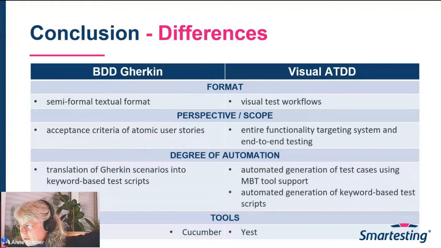Will this be best fit for greenfield type? So you mean completely new implementations, or legacy or brownfield implementations? Yes. We are quite often asked this when we present Visual ATDD and we present Jest. The reaction is often, oh yeah, that's fine, but it will probably be better to start our next development with Jest. And I think, well, it's a good idea to start with Jest when you start a new development. That definitely is a good idea, but